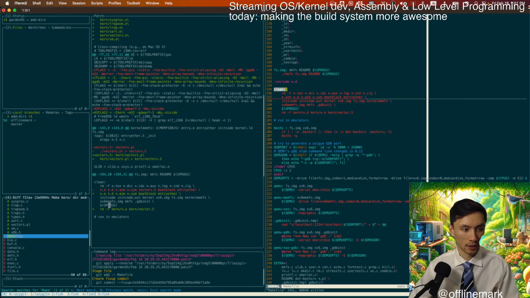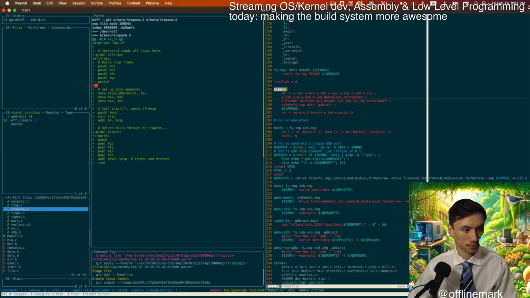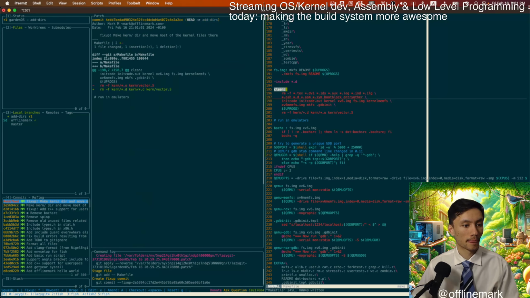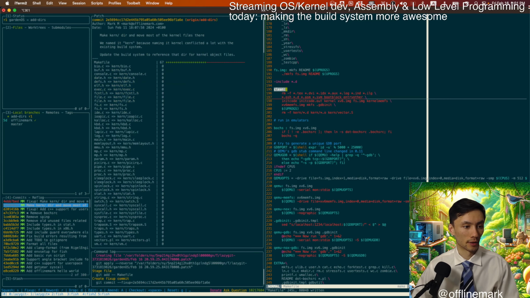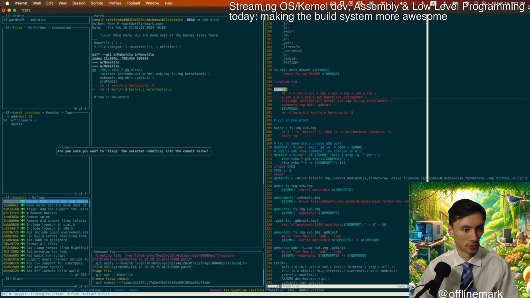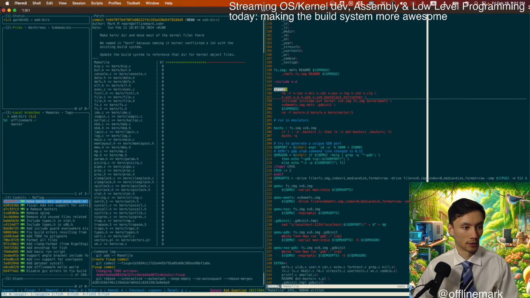And so that makefile change really belongs in this commit. So let's just mark it as a fix-up. I could have amended it, but let's just do that right now. Fix it up. Good.